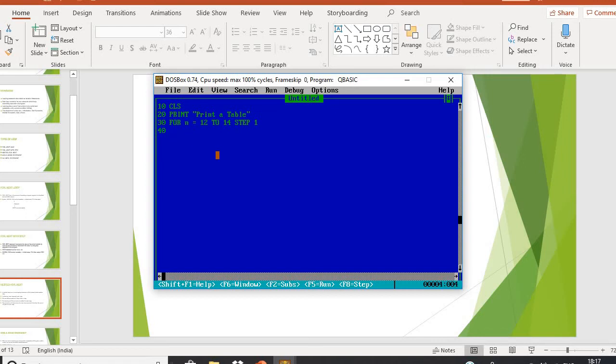Inside this outer loop, I'll write the inner loop here: for m, another variable, equal to. The first loop will show the table, and inside the loop it will show the values from 1 to 10, because it should print 1 to 10, right? So m equal to 1 to 10. Then after that I will write my print statement here,